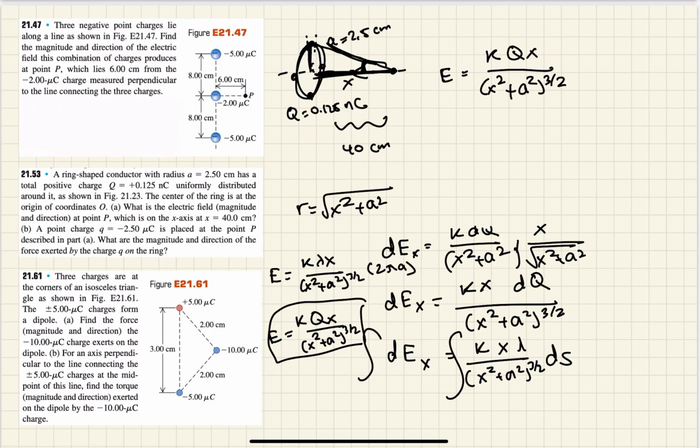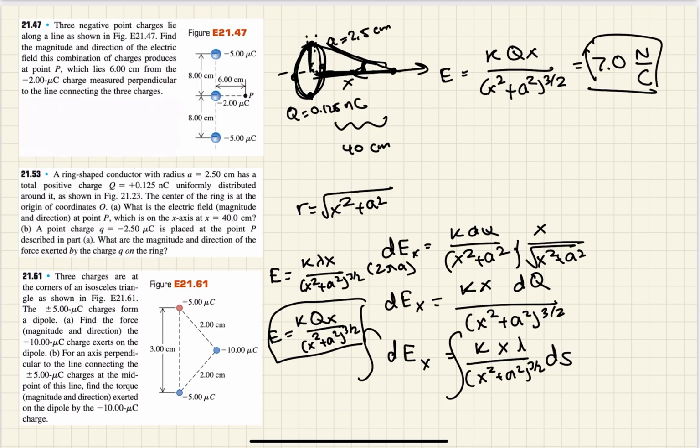A is 0.025 meters, because it's 2.5 centimeters. You plug all that in, you're actually going to get 7.0 newtons per coulomb, which is pretty nice. And what is the direction of that? Well, because it's an electric field, we assume it's a positive test charge, and this is a positive ring. It's going to repel away, so it's going to be a positive 7. Assuming this is the origin and that's the x-axis, it's going to be positive 7 newtons per coulomb,